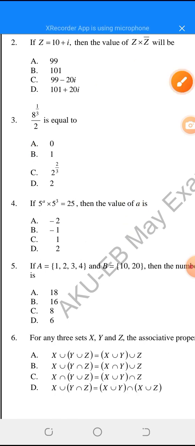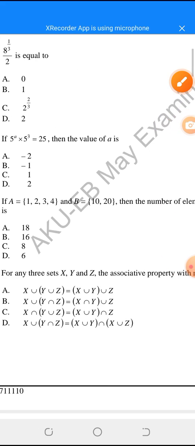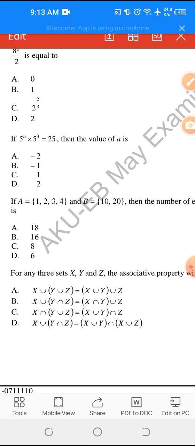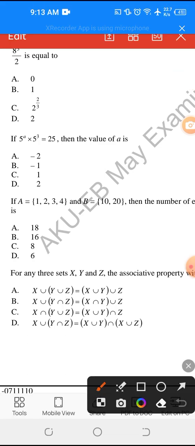Moving towards MCQ number 4. If 5 to the power a multiplied by 5 to the power 3 equals 25, then the value of a is. Now here left hand side is 5 to the power a plus 3. How I have written this? Base same power add. Here it's 5 power a and here it's 5 power 3. So you can say base same power add a plus 3, and here it's 25, so I have written 5